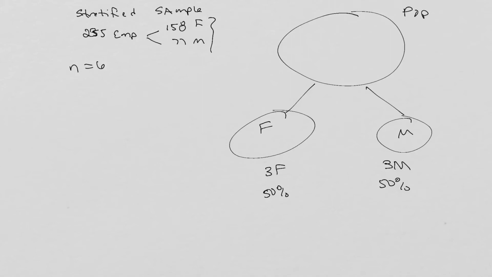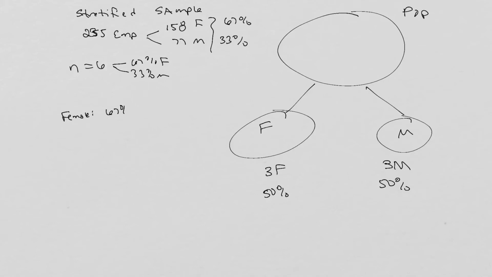We have 67% females and about 33% males, right? So about twice as many females as we do males. So that means in this sample, I want 67% to be females and I want 33% to be males in the sample, right? So for females,